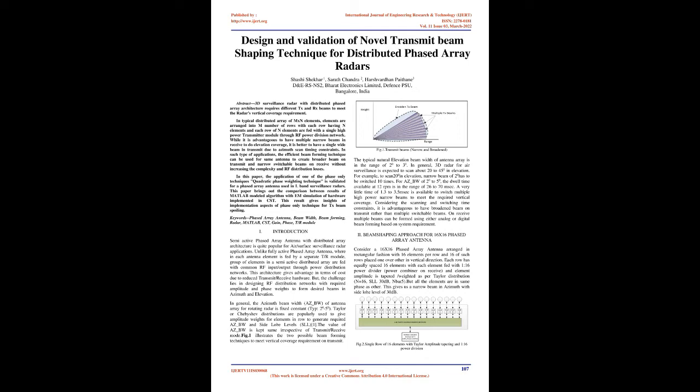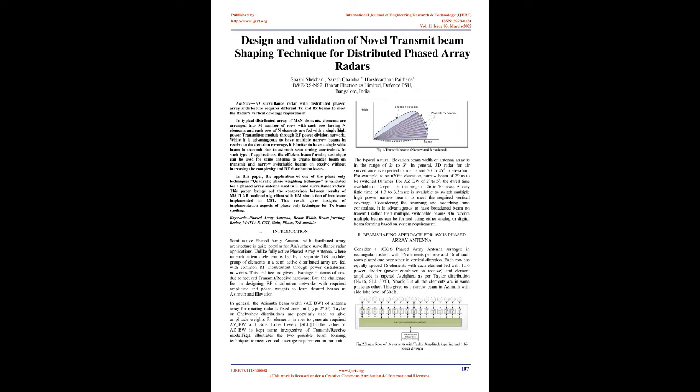Introduction. Semi-active phased array antenna with distributed array architecture is quite popular for air/surface surveillance radar applications. Unlike a fully active phased array antenna, wherein each antenna element is fed by a separate T/R module, groups of elements in a semi-active distributed array are fed with common RF input/output through power distribution networks. This architecture gives an advantage in terms of cost due to reduced transmit/receive hardware. But the challenge lies in designing RF distribution networks with required amplitude and phase weights to form desired beams in